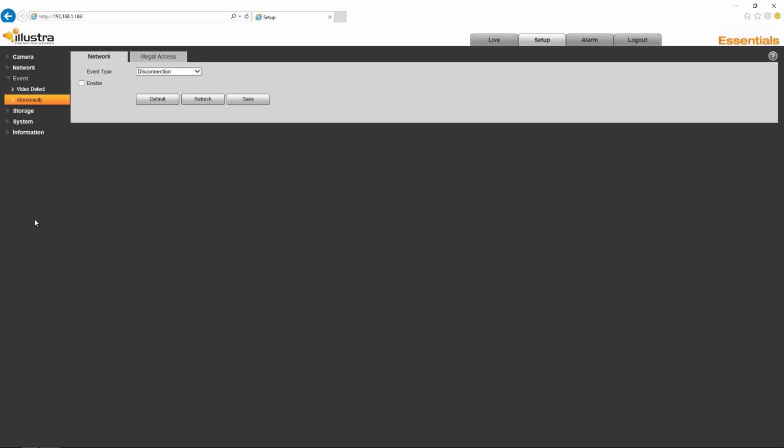Okay, so let's move on then to the second submenu under Event, which is called Abnormality. And if I just select that, you'll see again we get two tabs. This time they're called Network and Illegal Access. So first of all, on the Network tab, we have an event type drop down here, so we can set is the network disconnected or is there an IP address conflict. Once we have decided on which event type we would like the event to be triggered on, we can choose to enable it there, and again we can save it or default it back to the factory settings at the